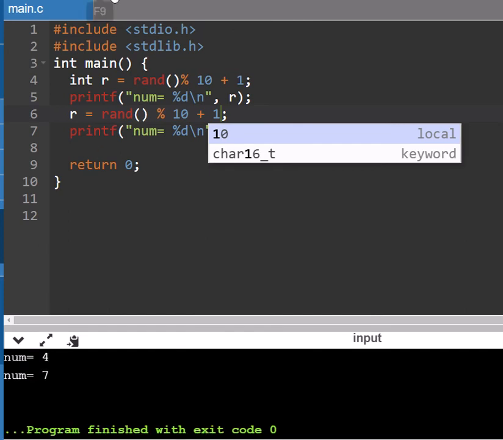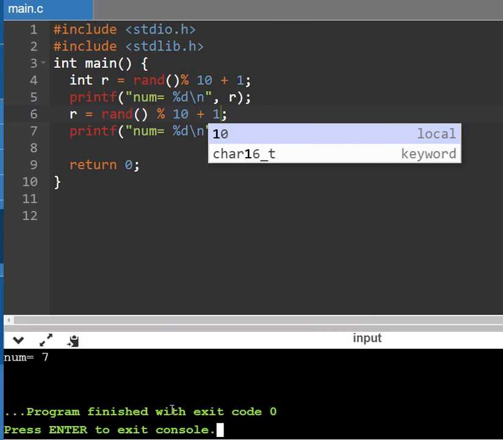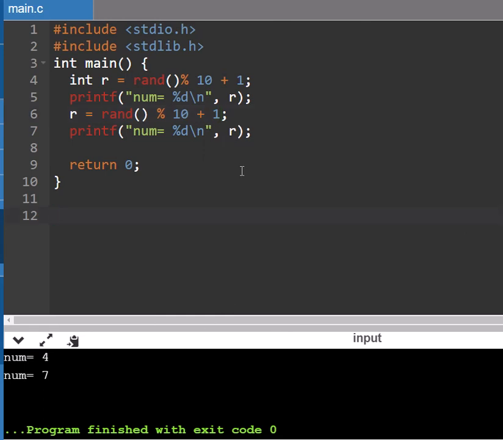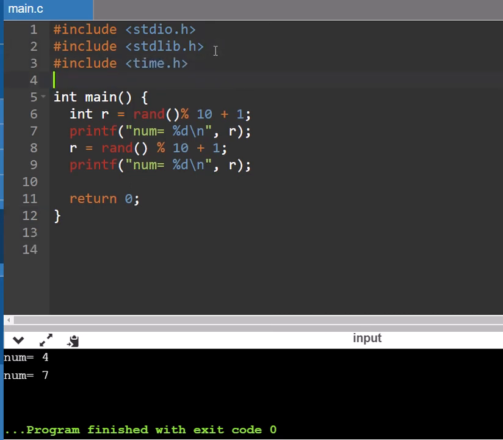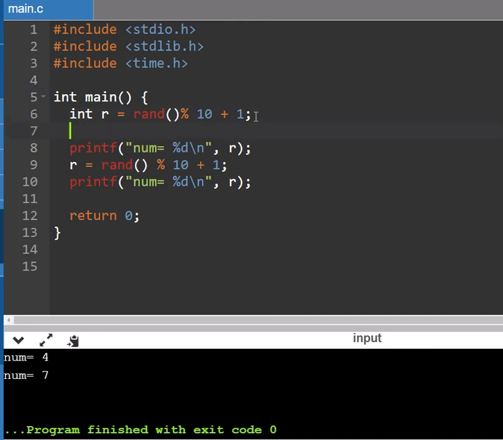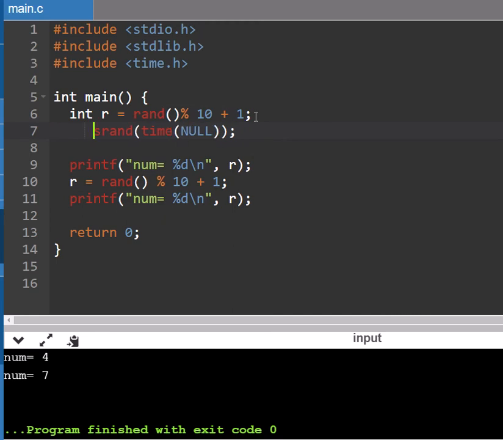But we also noticed the problem I mentioned before, that we aren't getting what seems like random numbers. To get something that seems more random, we need to do something called seeding the random number generator. I'm going to include one more header to get this to work, time.h. Now, I don't actually care to keep track of what time it is, but the time is always changing, so if I use that to seed my random number generator, then I will get what seems like a more random number. So I'm going to call the function srand, which will seed our random number generator, and you pass in a time